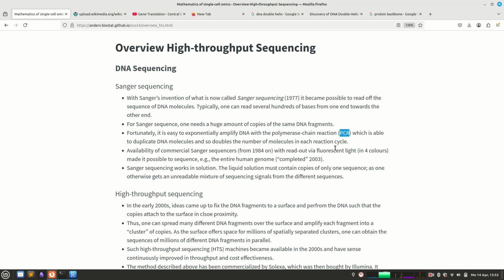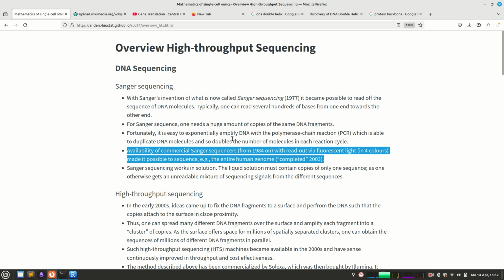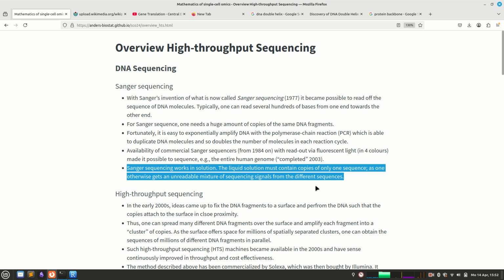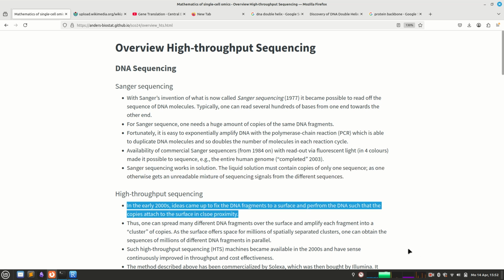And that's what makes it so easy to get large amounts of one sequence, which you can run through Sanger sequencers. But the catch is they work in solution with liquids. So you have to make sure that there's only copies of one and the same molecule in it. Otherwise, you read off a mixture of several of them, and they are all blurred. You always read that the first base is A, C, G or T, and the second is also A, C, G or T, and so on. And then in the early 2000s, this idea came up that you can fix the DNA fragment on the surface